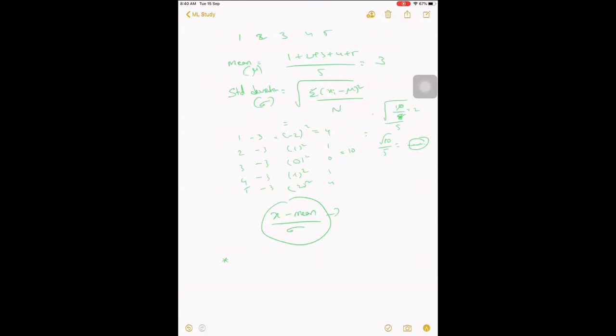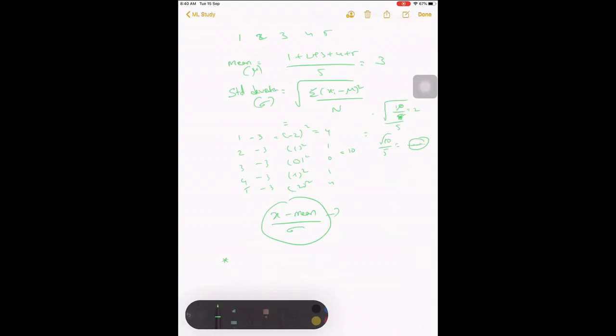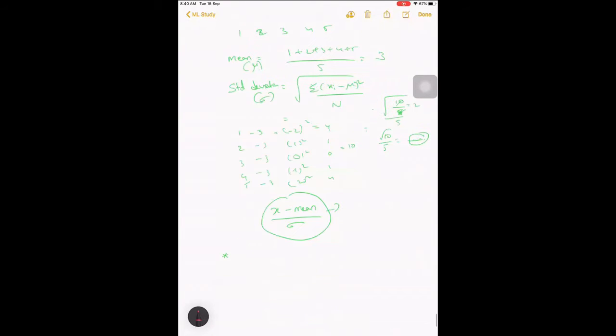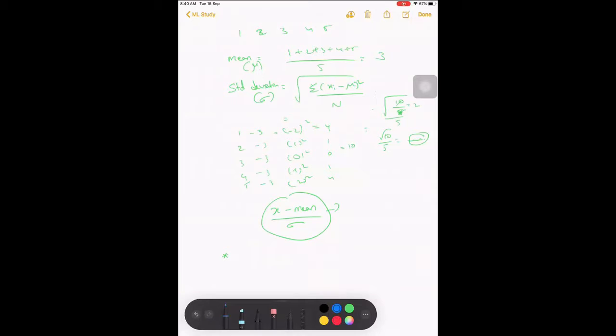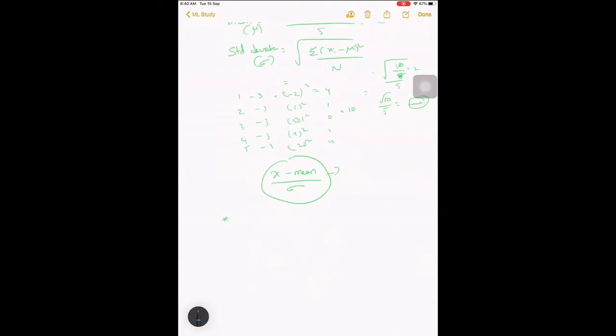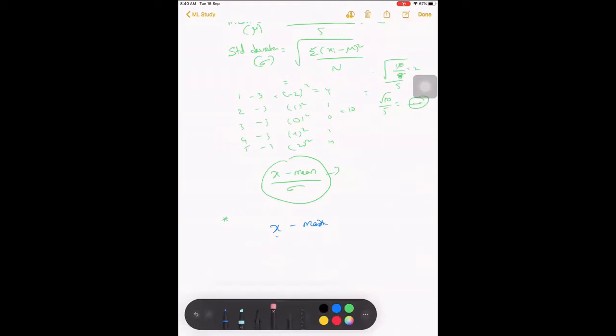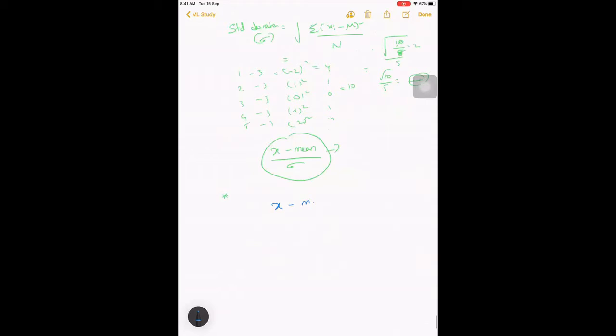There is one more way to do it, which is slightly easier to understand. In that, for each value, you subtract the minimum value, x min, and divide by x max minus x min. So let's experiment with 1 2 3 4 5 only. In this, what is the minimum value? 1. What is the maximum value?